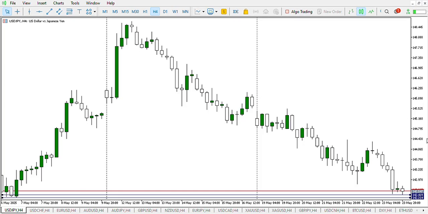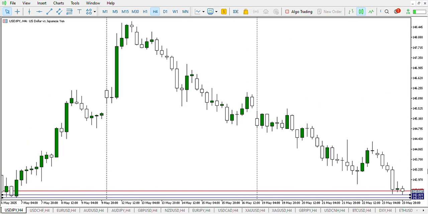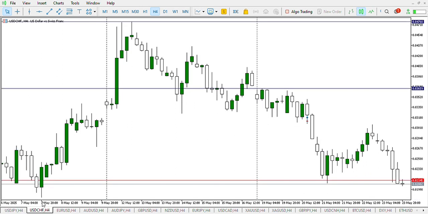So right here, this is the first key area we have on the chart, and we also have this key area as well. We also have this key support area, and this is now the month of May. So these are the key areas we have. We have 1 year and 1 year. So when the market opens, we'll see if the sellers will be able to give the buyers a run for their money. So right here we see on USD CHF,